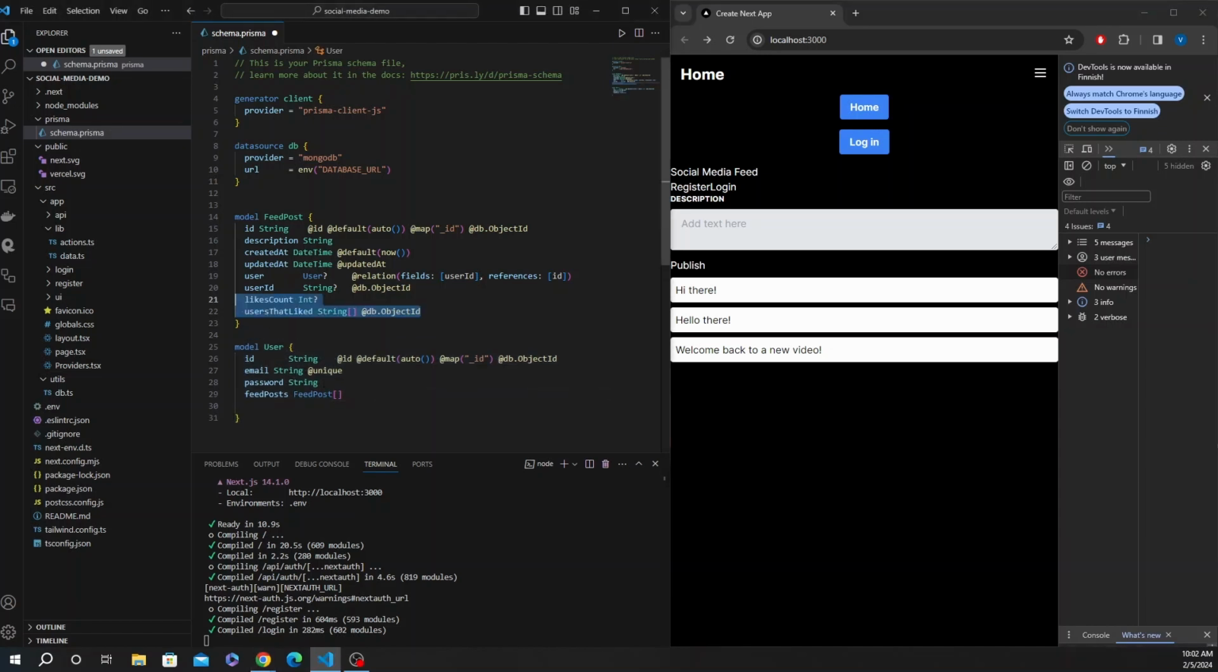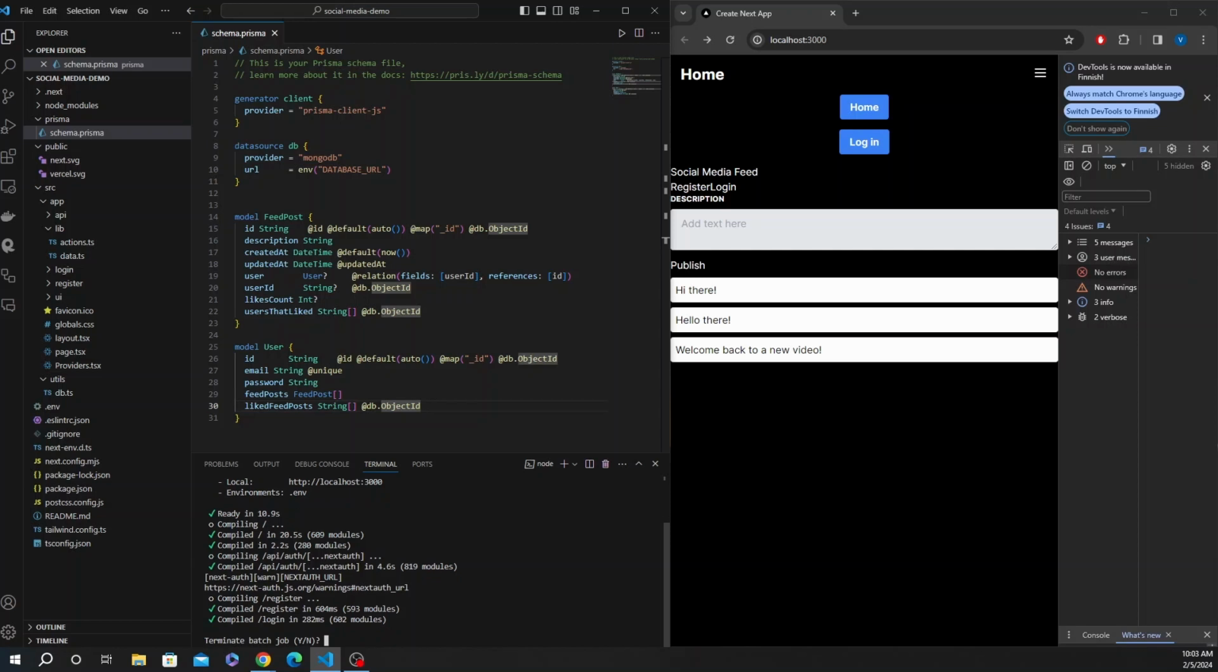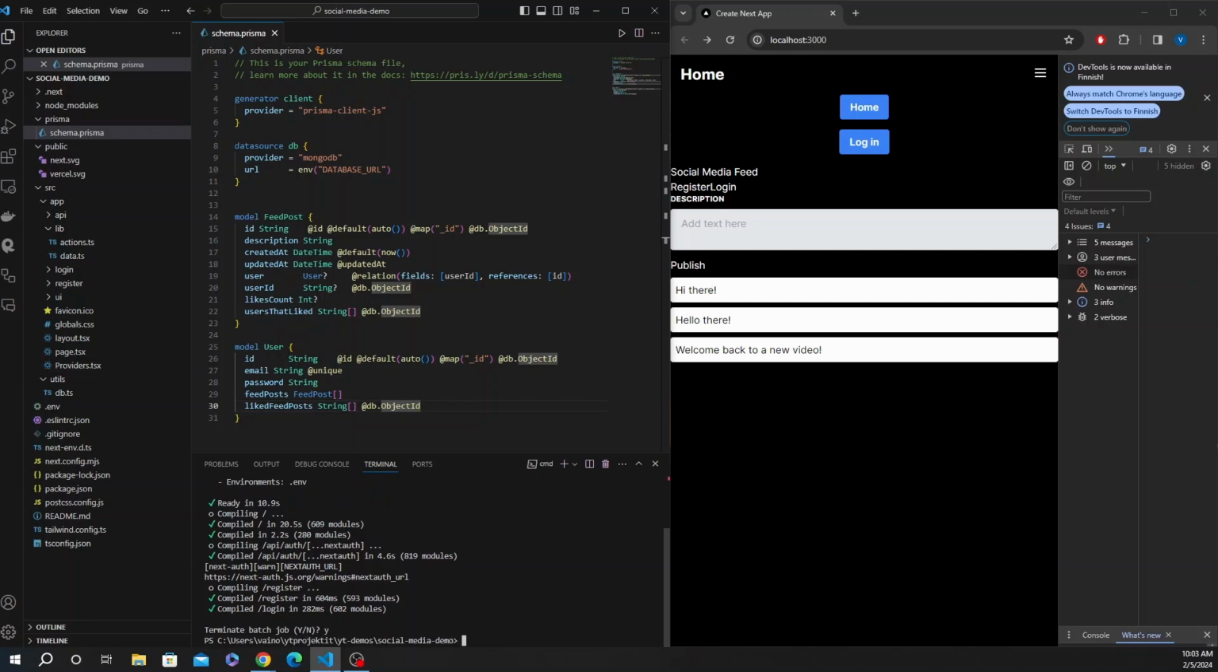So first thing we can do is create a count of likes and then also a list of users that have liked each of these feed posts here in the database schema. And on top of that, we'll also be storing here in the user schema every liked feed post. So that's basically it. Now we can just hit save on that, and then we can just restart our application